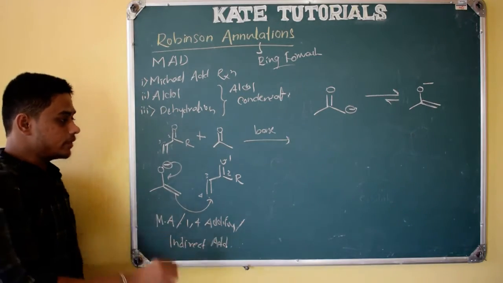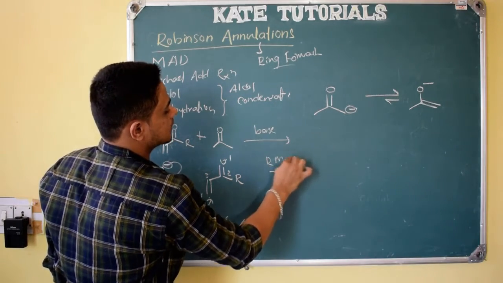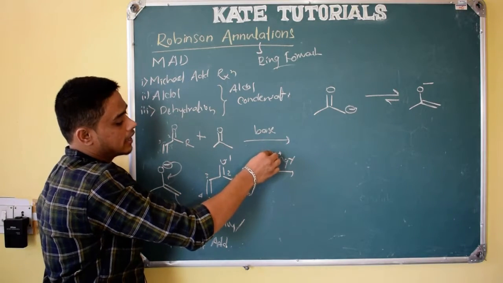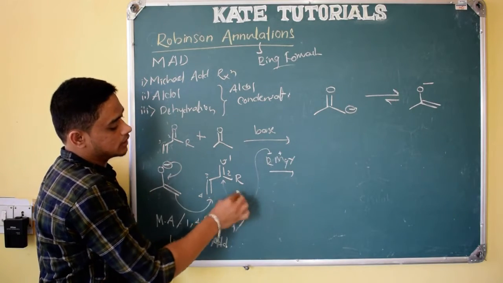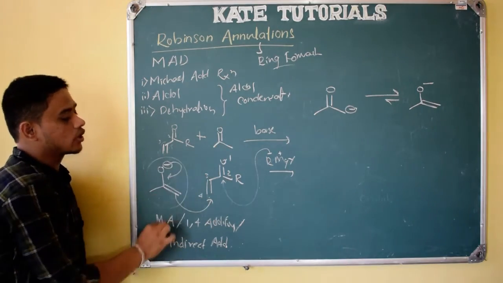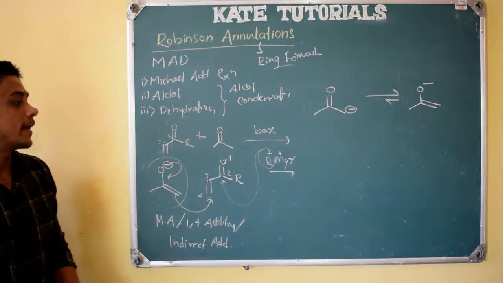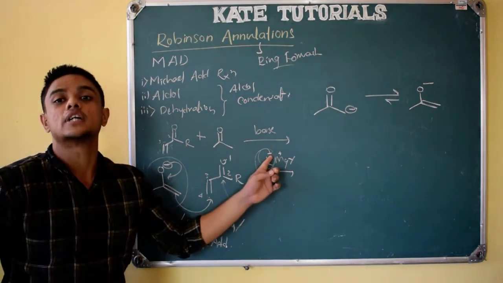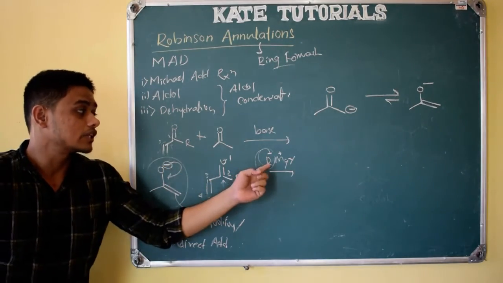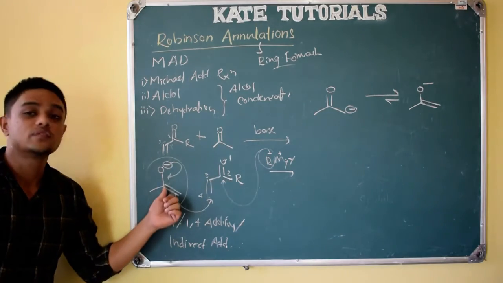Indirect means, if you see here, Grignard reagent, I use RMgX, with negative charge and positive charge. The R negative will directly attack the 2nd position instead of attacking this, because this nucleophile is a weak nucleophile, whereas this nucleophile is a strong nucleophile. What is a strong nucleophile? The nucleophile which has more negative charge. Here also negative charge is there, but if we compare these two, the negative charge on this R minus will be more compared to this. So this is a strong nucleophile and this is a weak nucleophile.